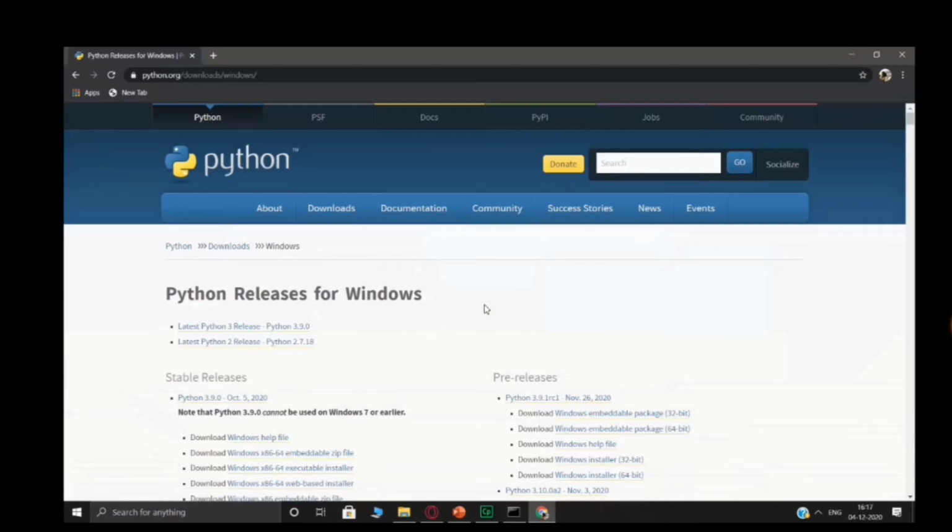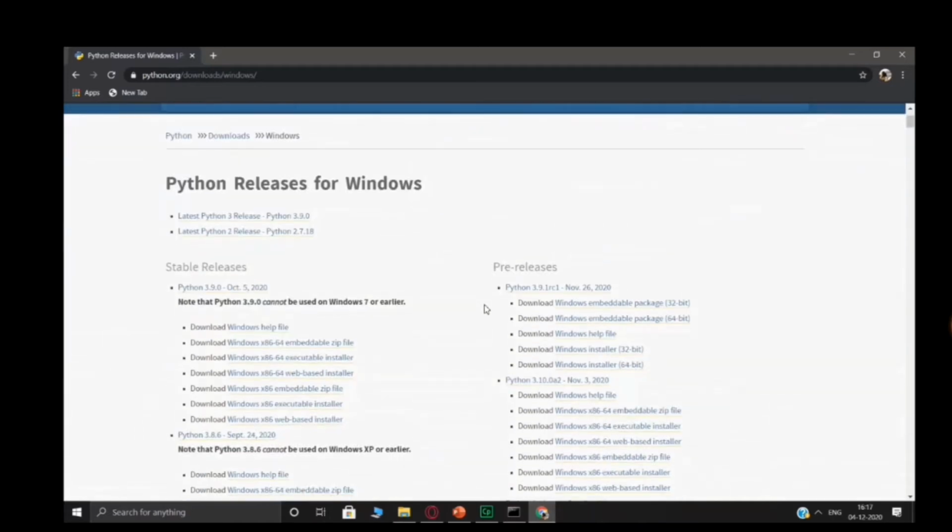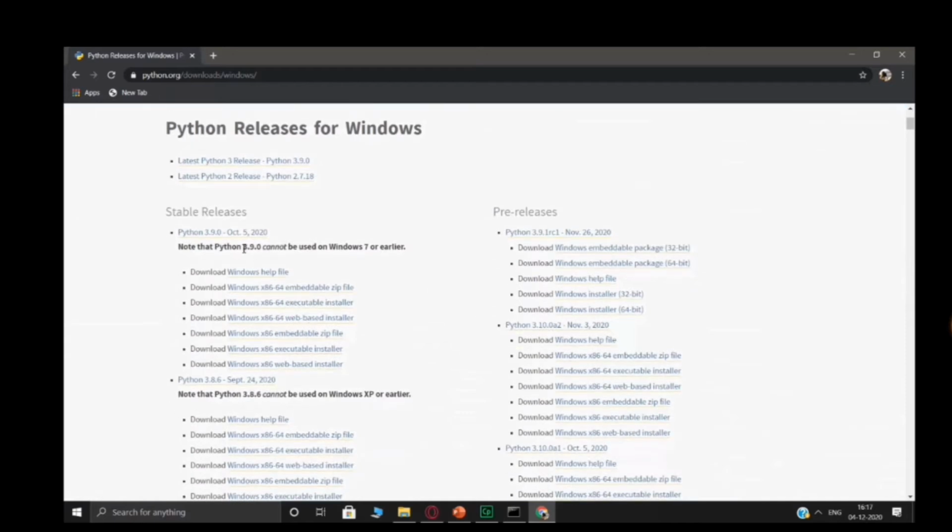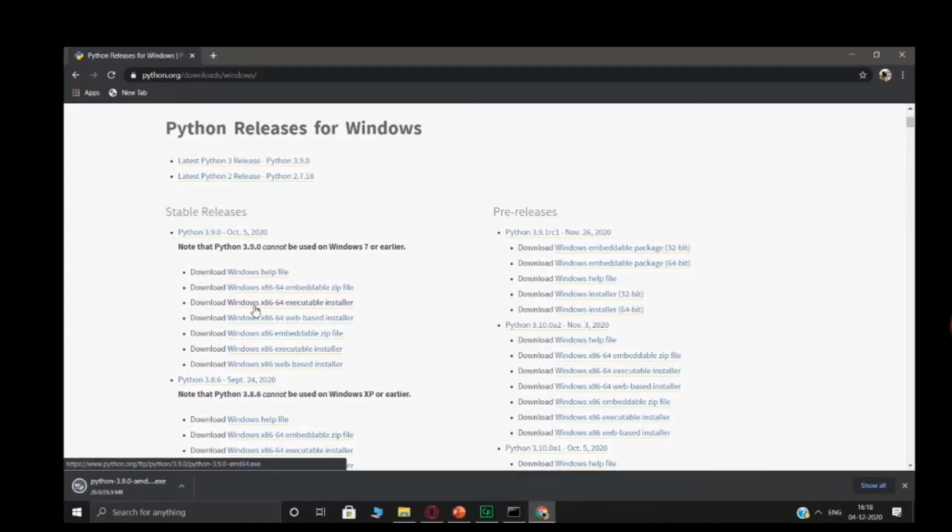This page opens up, and in this page you scroll down, and as you can see, the latest version is Python 3.9.0, which cannot be used on Windows 7 or earlier versions. Since mine was on 3.8.2, we can use this opportunity to upgrade mine as well. Over here we click on this link, which is download Windows x86-64 executable installer.